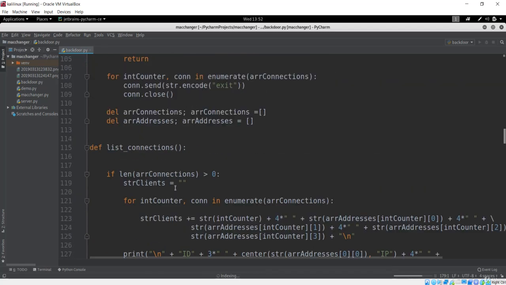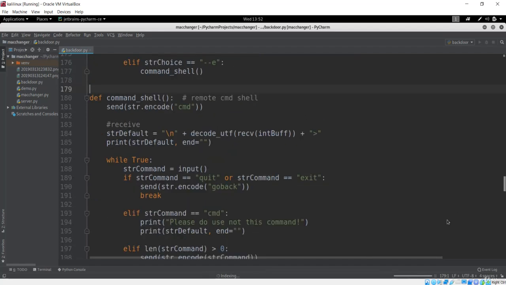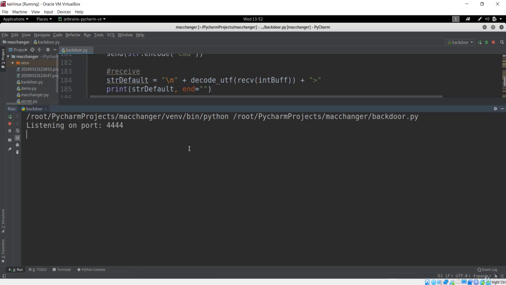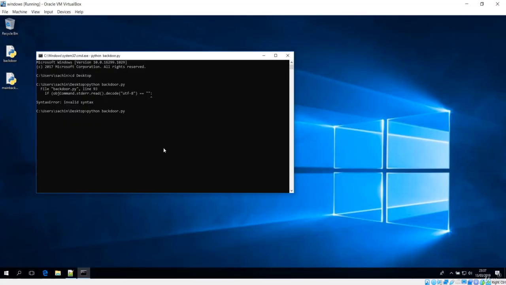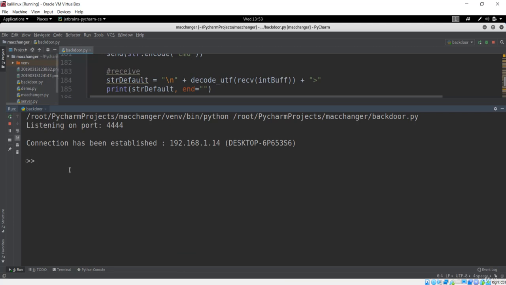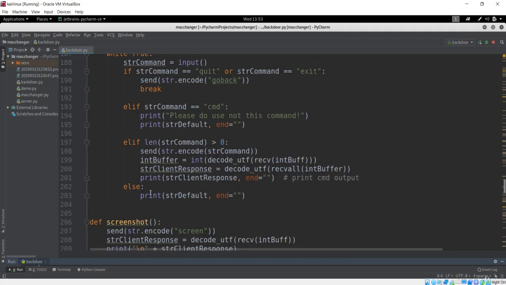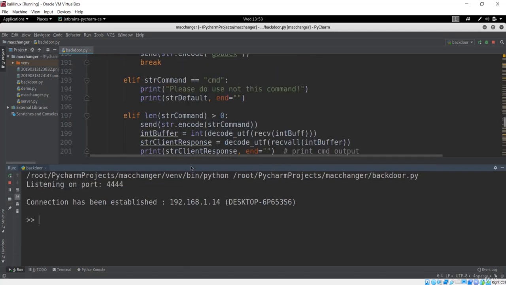It may still be giving us the error. Let's run it again one more time. Let's run this backdoor file, and yes, this is running. Let's go over here and run this one more time, that is our Python backdoor. Let's see if this has a connection. Okay, we have a connection. I didn't make any changes in the code, so the code was perfectly fine. You can simply change that, because that was not an error from the code. It would be an error because of these network interfaces.